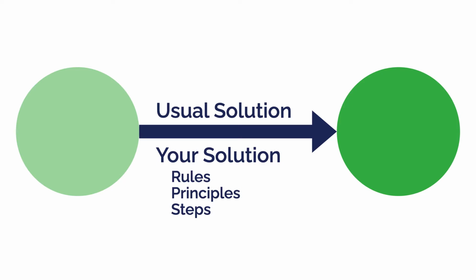By definition, a manifesto is a declaration of your intention. It's what you want to have happen. On the content creation canvas, it's your solution. And ideally, it has three parts. Firstly, it has some reference to the current solution that people are using and why it's not sufficient or not enough. Second is your description of how the world could be when the problem is solved. And third is the set of rules or principles or steps for getting there.